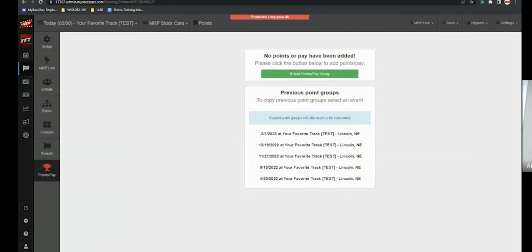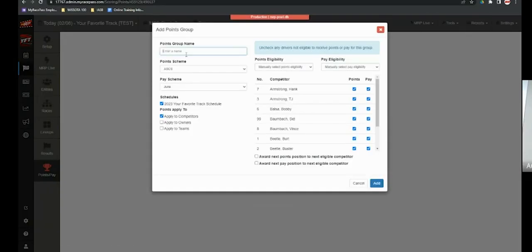And I think I mentioned this yesterday, but I'll mention it again. That can exist independently of NASCAR's point scheme. So if you have a track point scheme that is different than NASCAR's national point scheme, put in your track point scheme here, and that'll suffice, basically. So when I add a points and pay group, because I have a point scheme and a pay scheme ready-made,